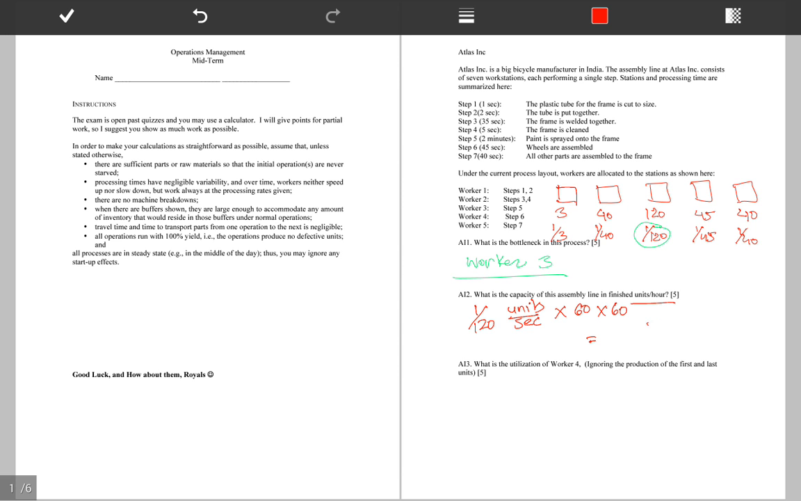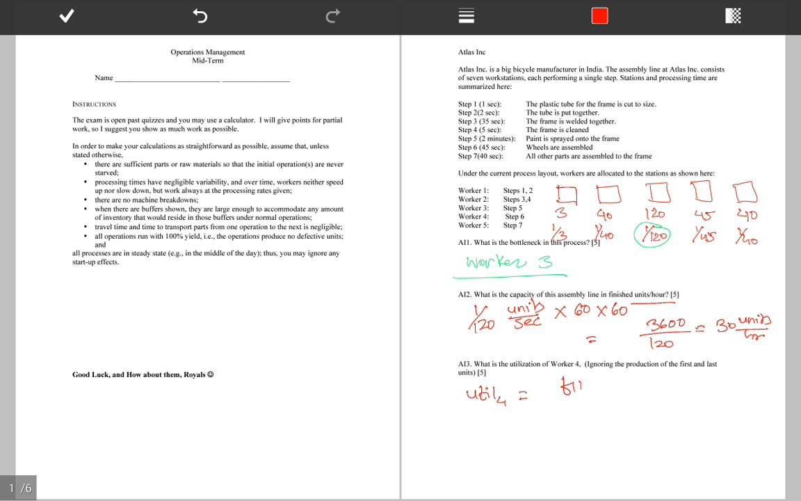So we have 3600 divided by 120 equals 30 units per hour. That's the capacity of the process. The next question is, what is the utilization of worker 4? Well, utilization of worker 4